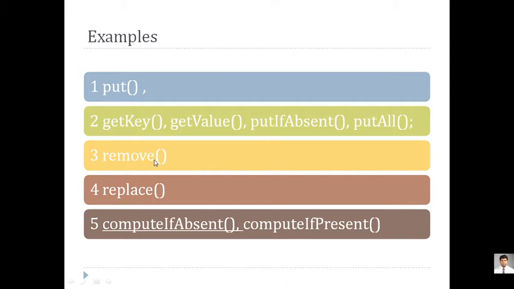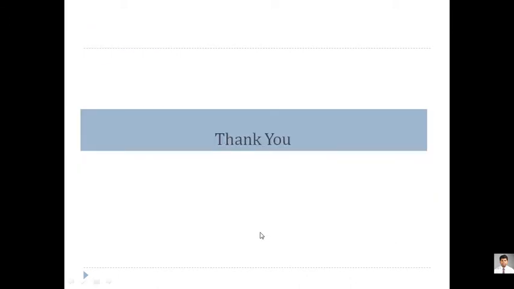Then remove. There are different types of remove: one without a parameter, and ones with two or three parameters, which we'll be using for the purpose of removing. In the same way, one more new function has been added, the replace function. It was not there previously, so we'll be using that. And the compute related functions, compute if absent and compute if present. We'll execute these types of functions and then stop for the day. So now we'll immediately move to executing this program, and we'll go into detail.